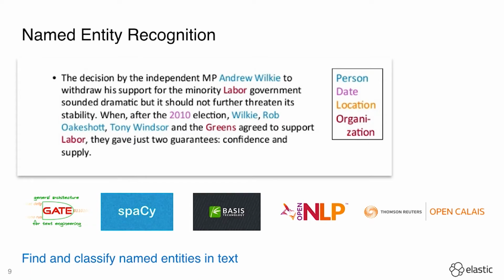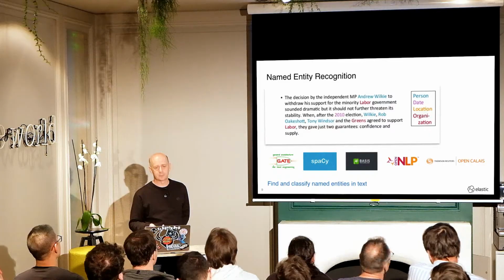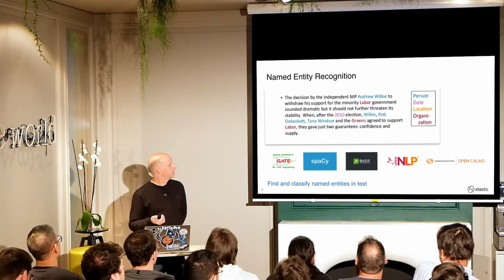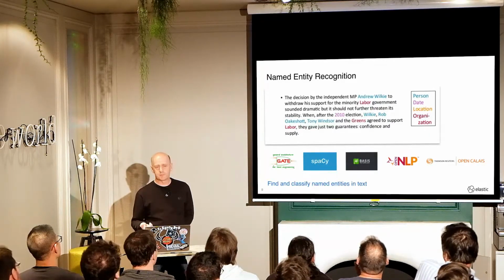So things like GATE or spaCy or OpenNLP, Basis Technology. There is a mixture of commercial and open source software here. And I've tried several of these things and I got frustrated using them with Elasticsearch. So I would find very interesting things using the graph API and the graph visualization that I helped to develop